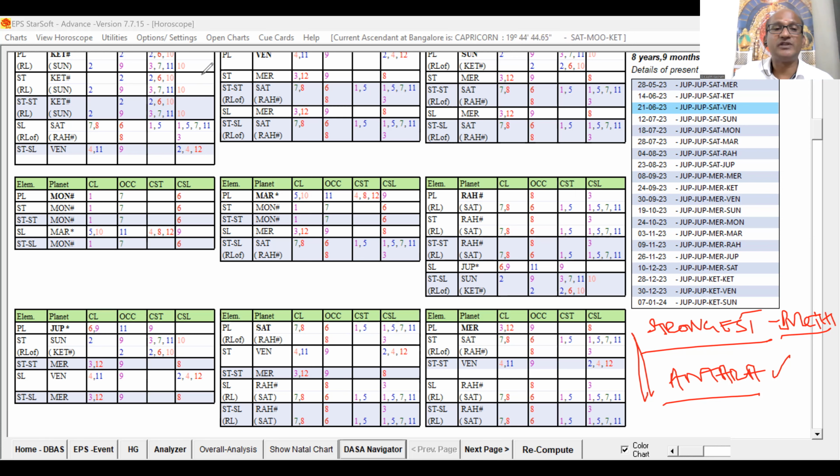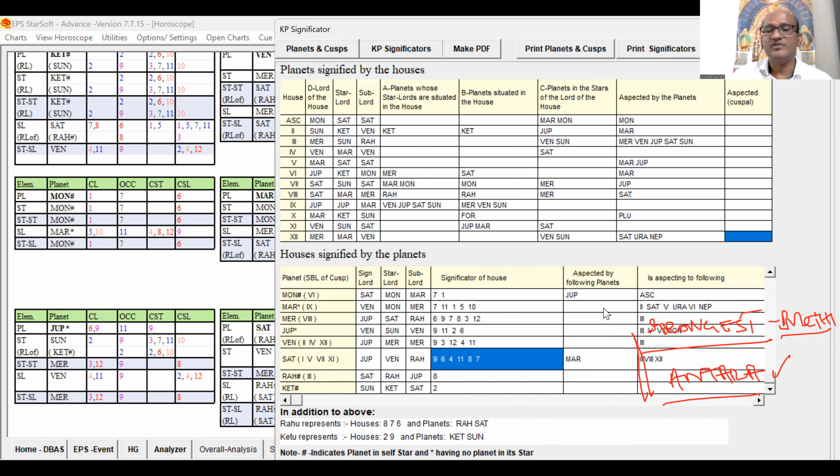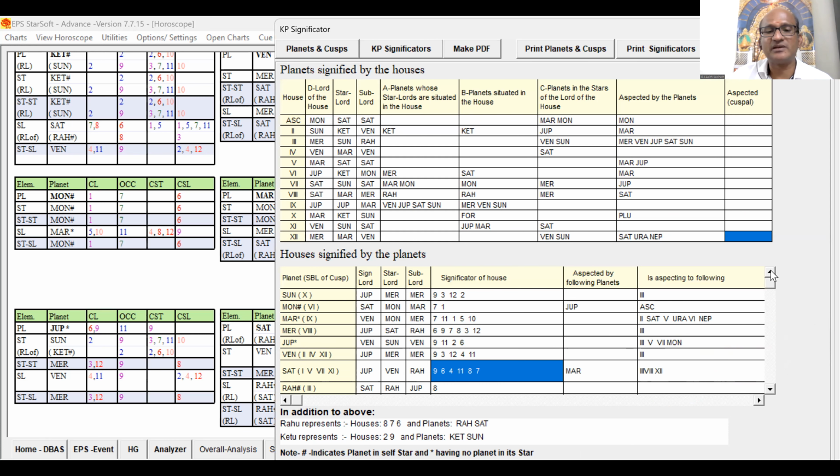For example, if you take the KP signification, which are the favorable significations, the 2, 7, 11, please tell me, sir. Sun is the second significator, 3; Moon is 7 and 1; and Mars is 7, 11, 1, and 5 and 10. This is very good, no? Mars. Right or not, sir? Yes, sir.